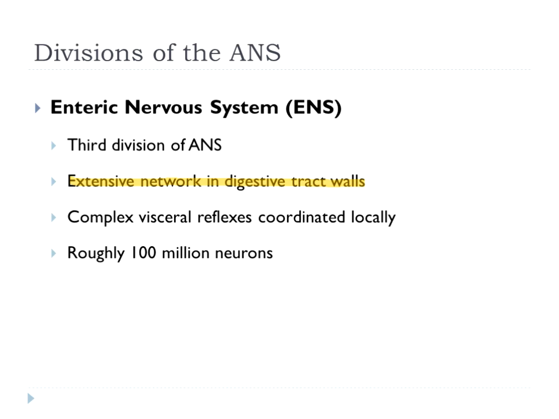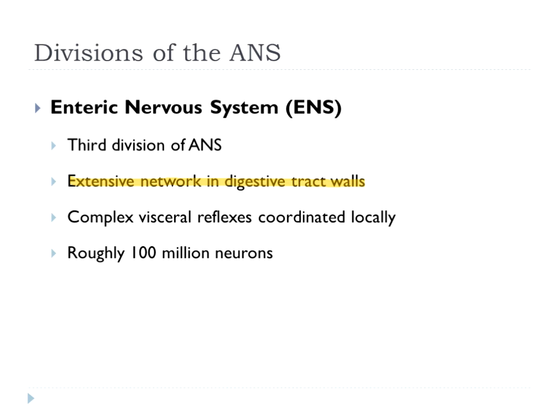The final nervous system that we're going to talk about, we haven't really talked about it at all, and we'll probably not talk about it again until you get into AMP2 and talk about the digestive system. It's called the enteric nervous system. It is the third division of the autonomic nervous system, and its whole job is to coordinate the digestive process. It's an extensive network in the digestive walls. Digestion is so complex, in fact, that it has its own division of the autonomic nervous system devoted to it.